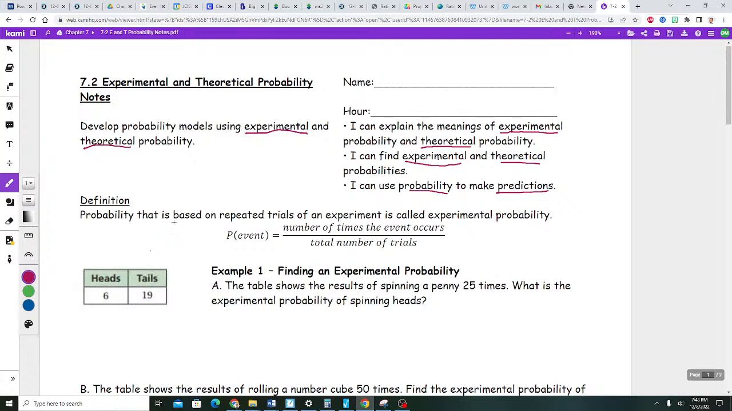So probability that is based on repeated trials of an experiment is called experimental probability. So notice this is repeated trials of an experiment. This is something that you actually do. This is doing. I want you guys to know that. This is something that actually has to be done. It's the probability of the event. That's what P event means. It's the probability of the event equals the number of times the event occurs divided by the total number of